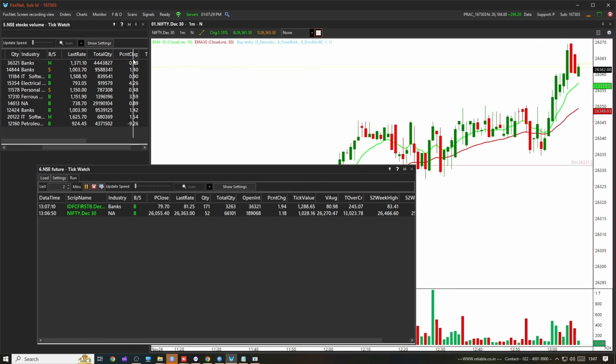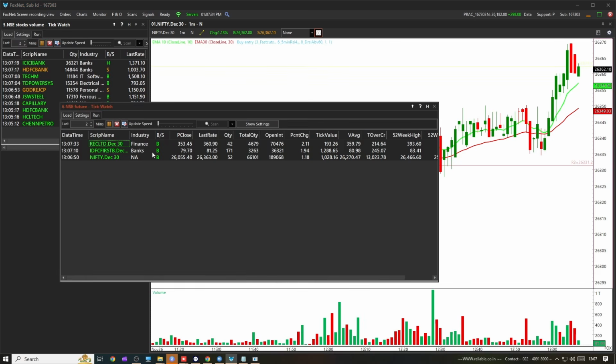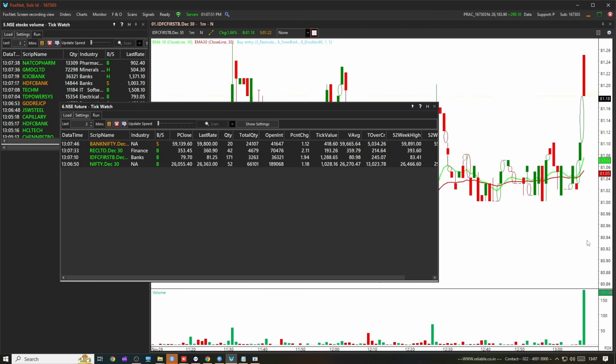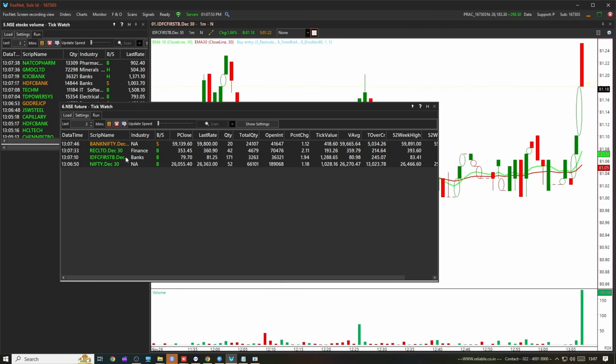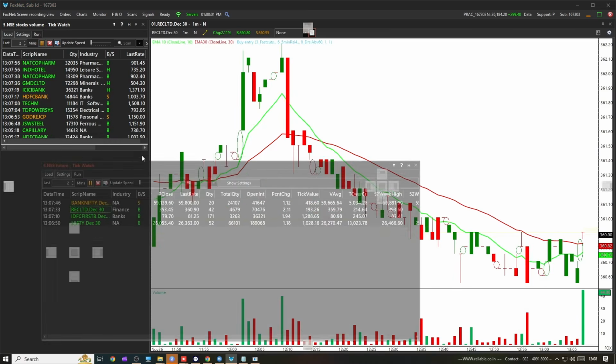The main filter of the stock is volumes. This feature is basically for volumes. I have shown you the very basic part. The advanced part is much more complex and much more efficient in your trading life. Here is the future one. Let's check IDFC Bank, volume is there. Let's check RSE volumes. So here are the volumes of futures.